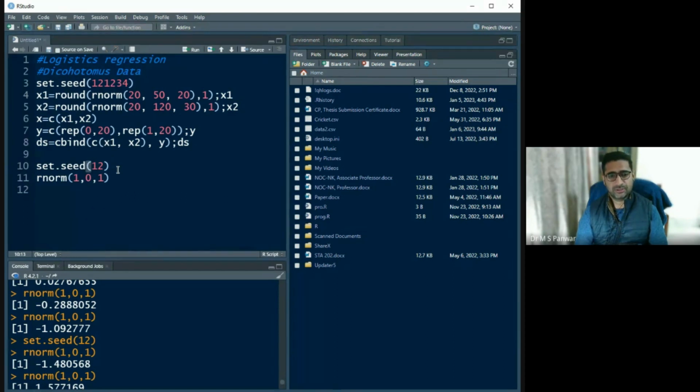Good. Okay, Shilpa, that's what I'm trying to justify. What is the significance of this? The significance is that if you set a seed, then all the time your random number will generate the same numbers. If you set the seed,